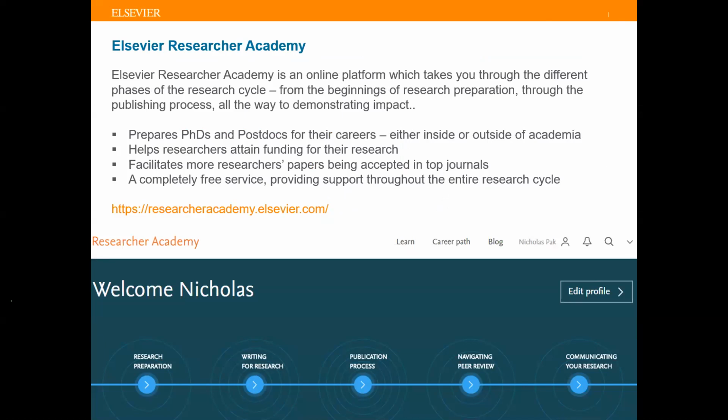We also have what we call a Researcher Academy. And I think the Researcher Academy, in this day of online learning, is really, really helpful. Think of this as a Coursera for researchers and for undergraduates and postgraduates. It takes you through the different stages and phases of the research cycle, from the beginnings of research preparation to the publishing process and all the way to the demonstration of impact. So now we can prepare PhDs and postdoctorates for their careers, either inside or outside of academia. We allow researchers to obtain funding for their research. We can facilitate more researchers' papers being accepted into top journals, and this is a completely free service. So feel free to access